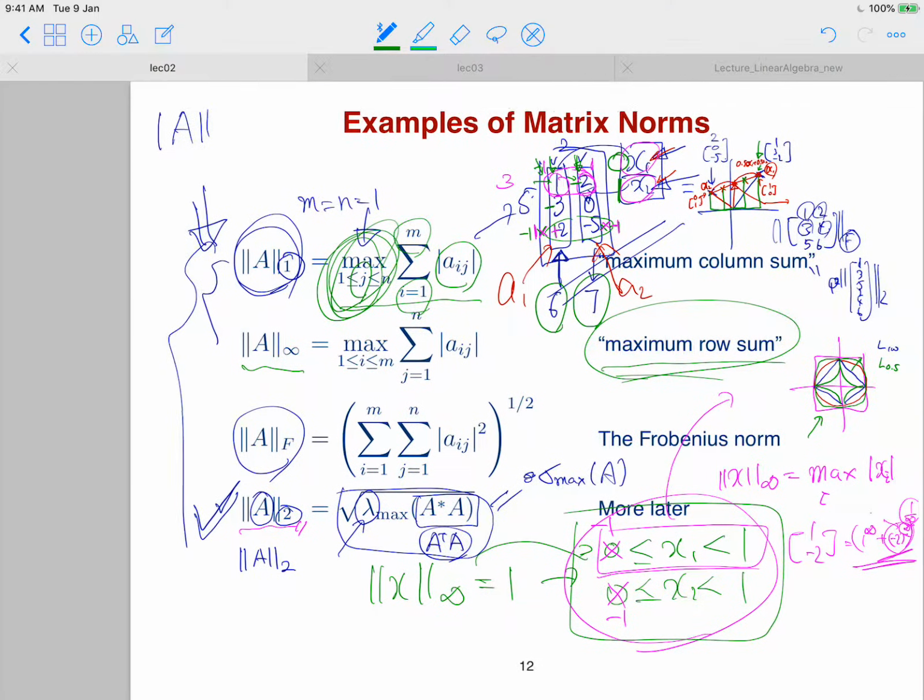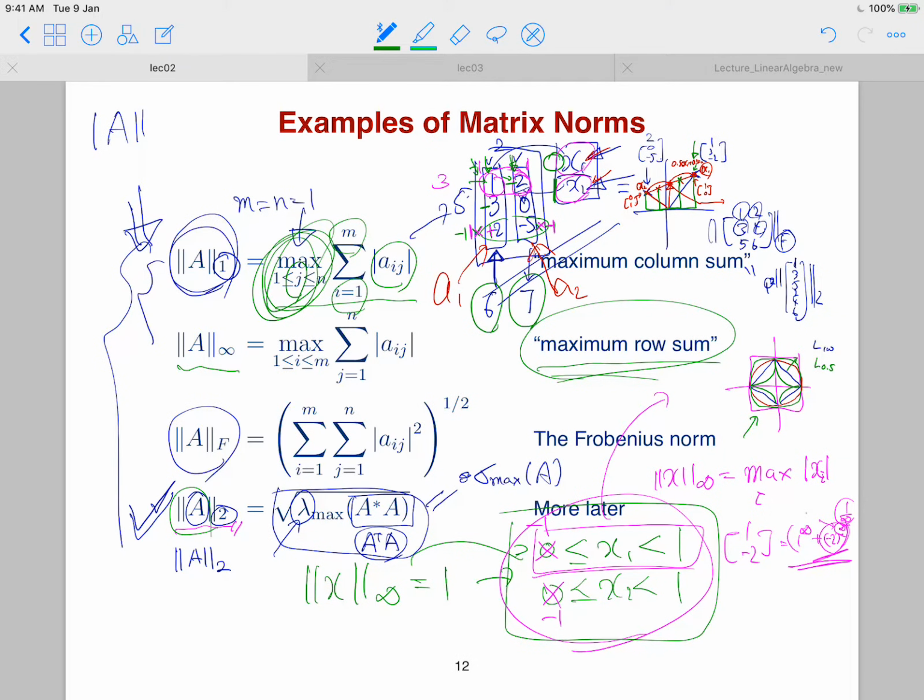So if it is a square matrix and also has an eigen decomposition, or n linearly independent eigenvectors, then this is the maximum singular value, or if it is a square matrix, the maximum eigenvalue will be the norm of this matrix, the induced matrix norm. Okay, so yeah,